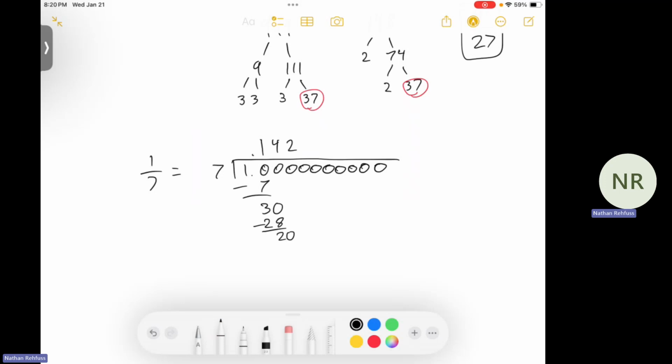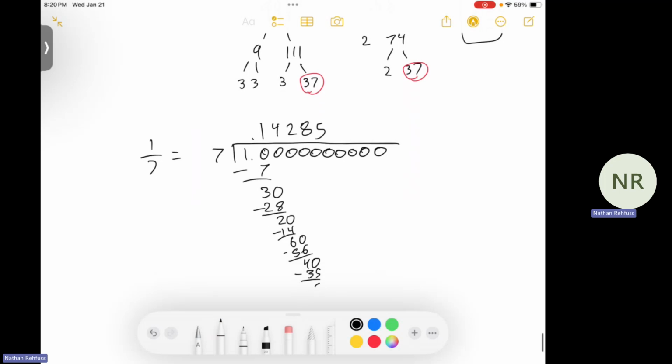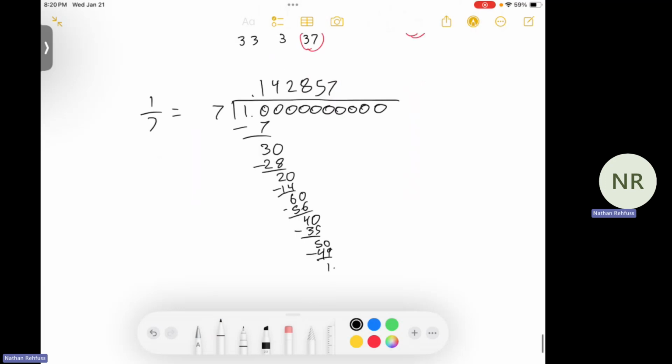20 twice. 60 8 times. Into 40 5 times. Into 50 7 times. And then we're back at 1. 7 goes into 10 once, and the whole pattern repeats forever. So 1/7 is